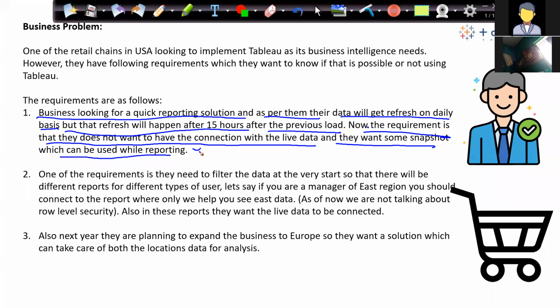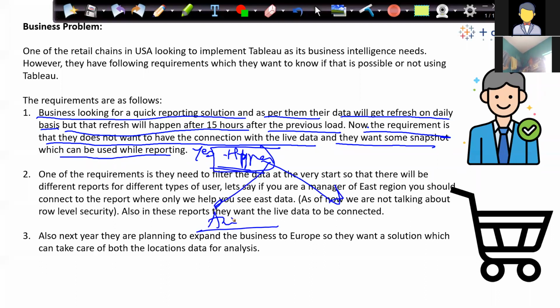So here the answer is yes, it is possible, which is a .hyper file. I'll create that. A hyper file I can put in my machine, or I can put it in any server also. As of now, I will put it in my machine. Once I talk about Tableau Online and Tableau Server, at that time I will put that in the server. But as of now, I am putting it in my machine.